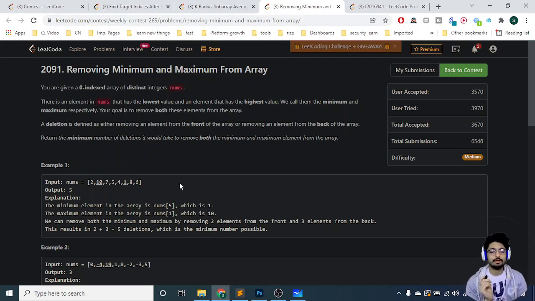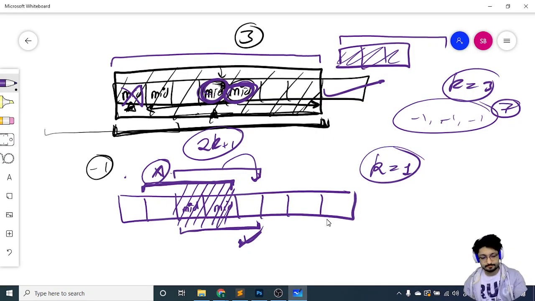That's the whole problem. Now you might be thinking, how can I do this? Maybe it might require a DP approach or anything. But just think about what the possible cases can be. There are only 4 cases possible, or actually 3 cases possible. And that's the whole thing. You just have to write down the 3 cases, nothing else, and it will pass. So let us talk about what the 3 cases are.